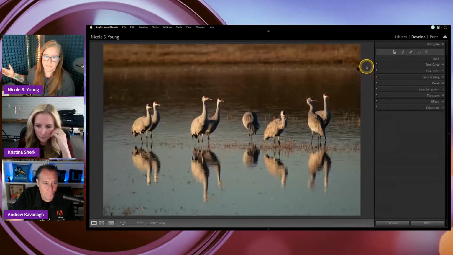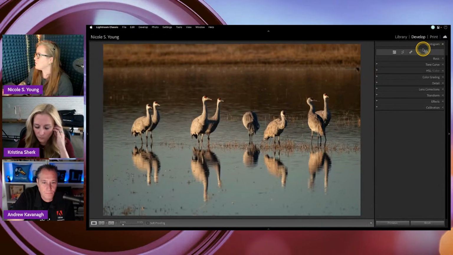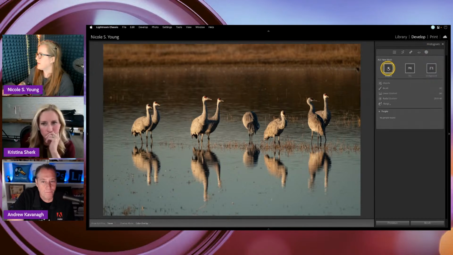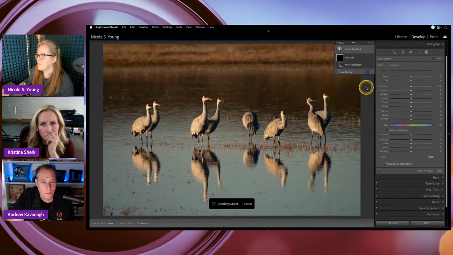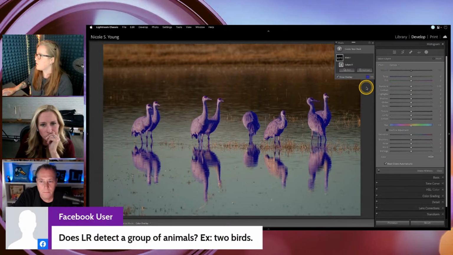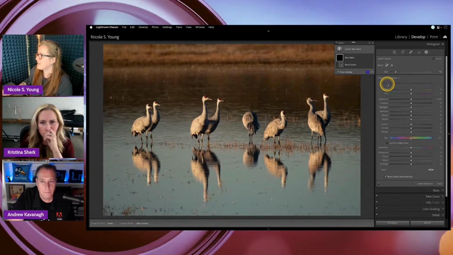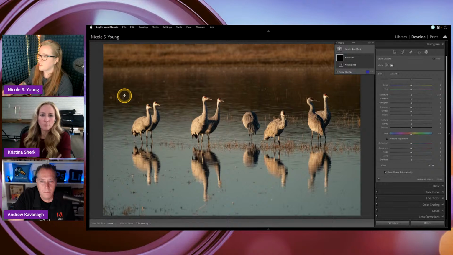I jumped over to my screen real quickly because I was just going to show. You cannot do that, but I actually have a photo of some birds. So the portrait edits are the only way that you can actually do the individual ones. But if I were to choose subject here, it's probably going to find all of the birds. So instead of actually working with that, I'm going to delete that. That's so stinking cool. Yeah, you would want to choose the objects and then choose which ones,